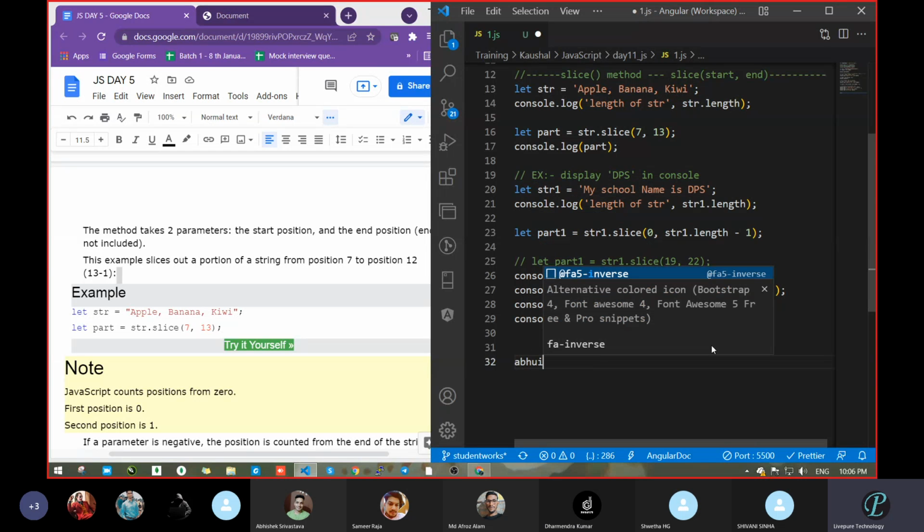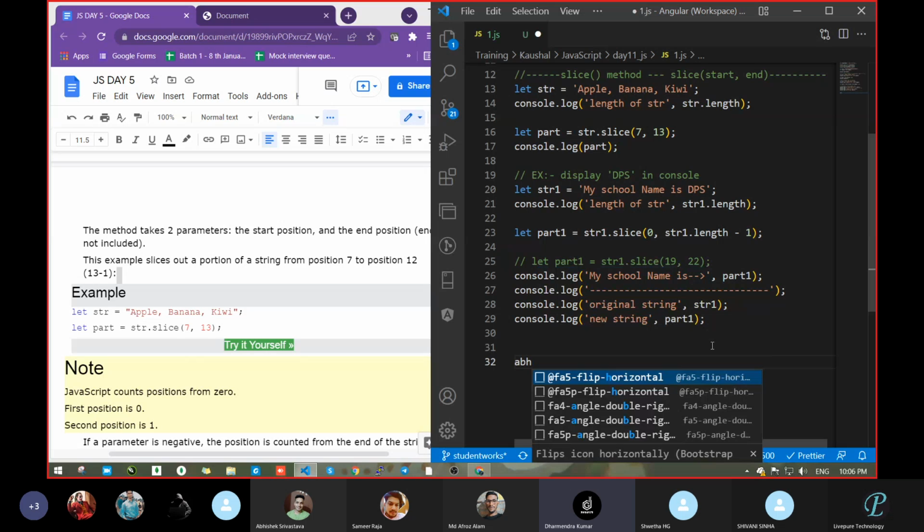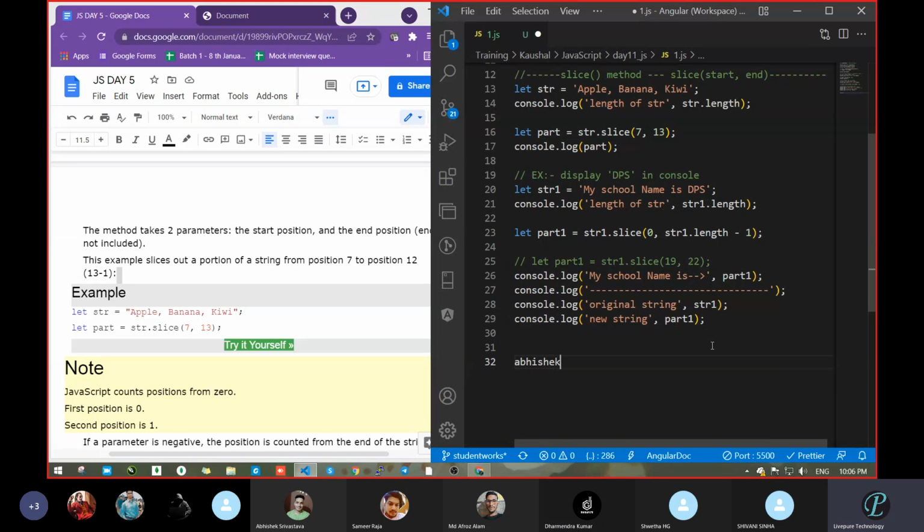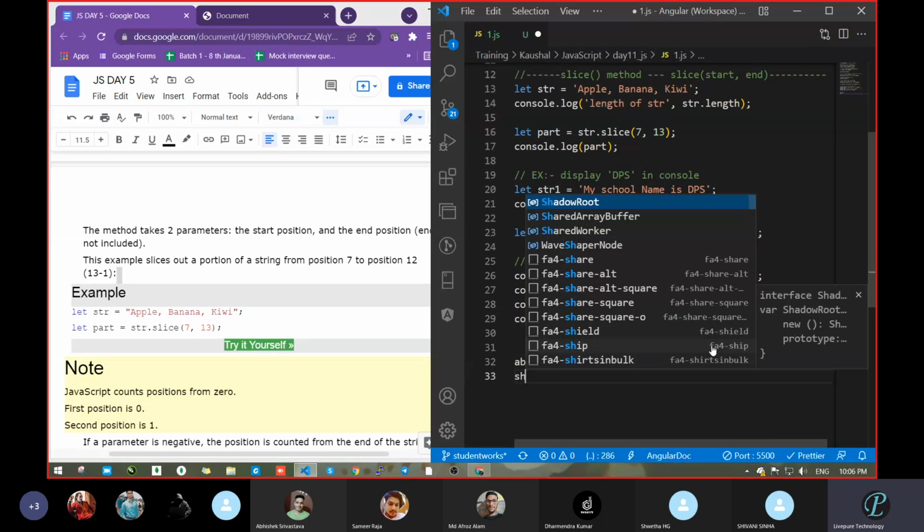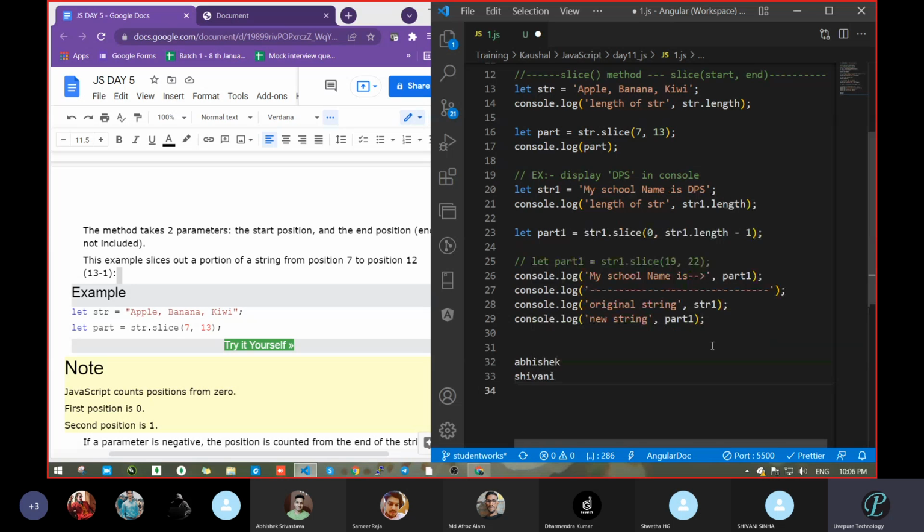ABHI, then next SHIVANI, next SWETHA. This type. And what I want is always the last letter. How to get that last letter? We pass -1. Just pass the length -1.